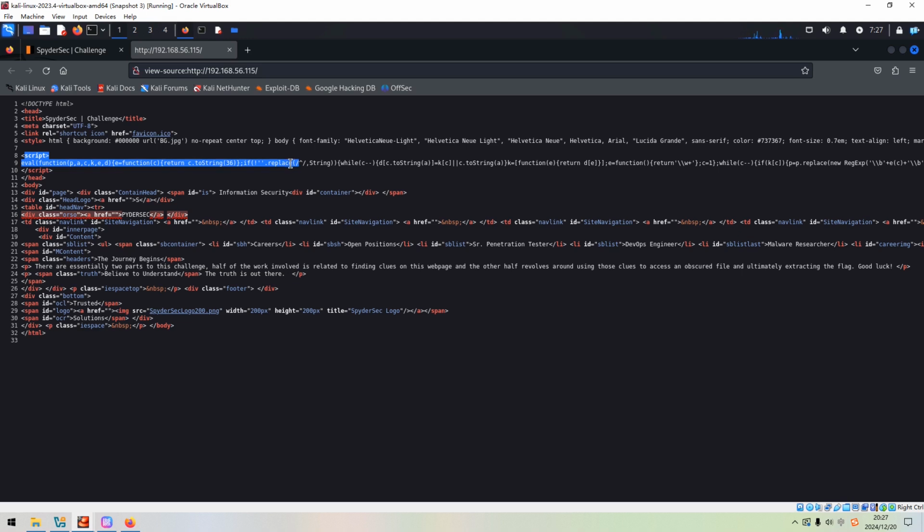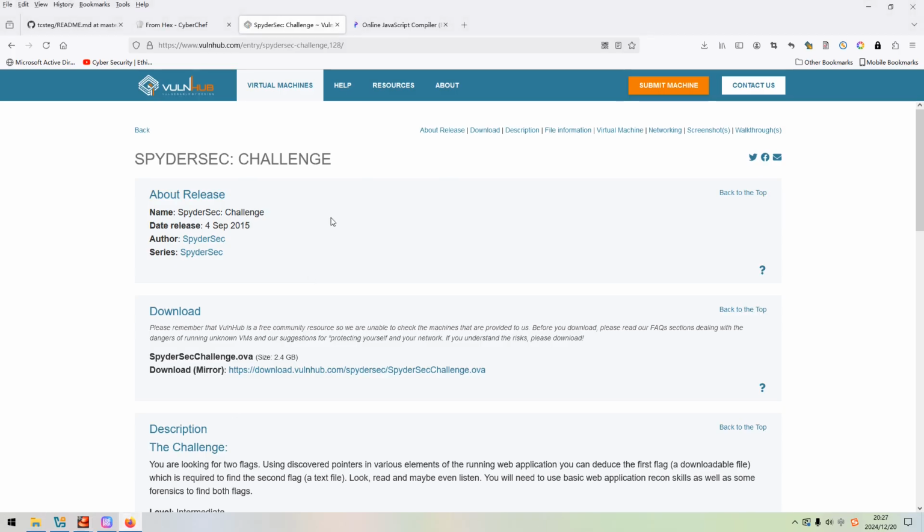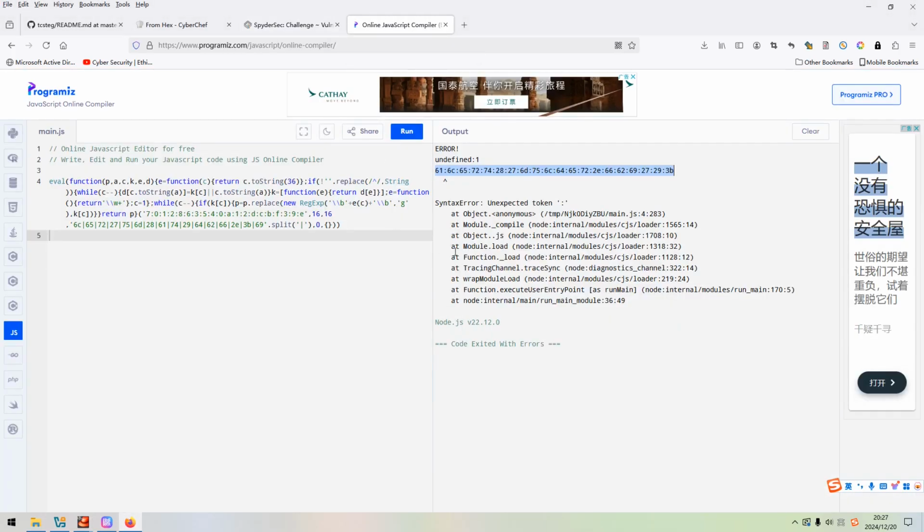To analyze whether this code has hidden something important, we can copy its code and go to an online compiler, and then run this code. I've already run it before, and we get an error, an undefined variable. So I think this should be something important.